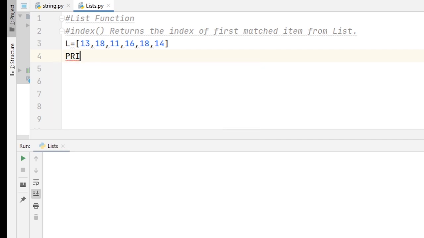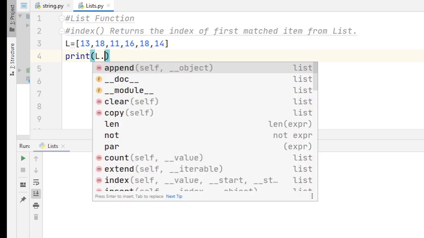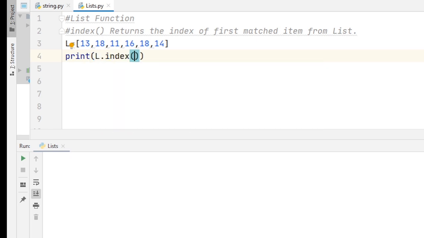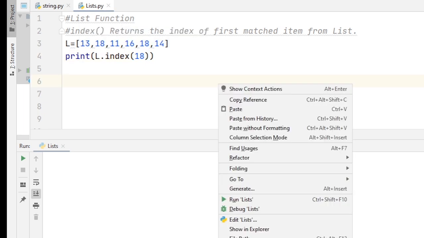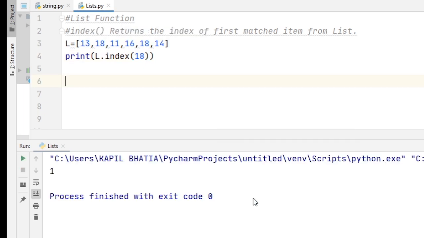Now I print L dot index and find 18. When I run this code, here you can see the output as 1. Actually, the index function returns the index of the first match. So here you can see in my list 18 first occurs at position 1. So that's why it returns 1. I hope you understand about the index function. Okay.